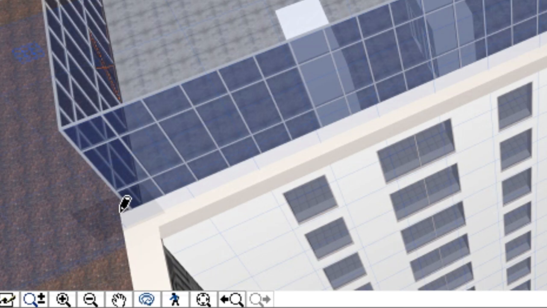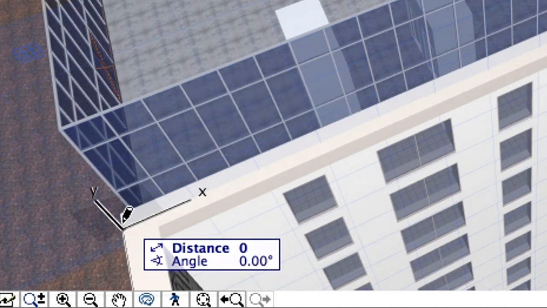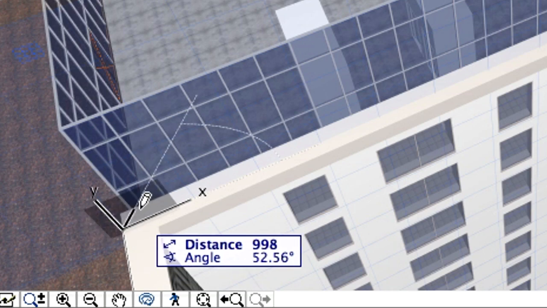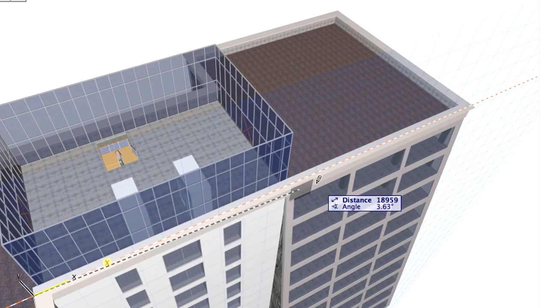To create the first profile of the shell, we will draw an inclined line from the negative corner of the attic wall towards the positive on the right. Click on the negative corner and notice that the starting point will be projected onto the editing plane. Now, move the cursor towards the positive corner of the attic wall